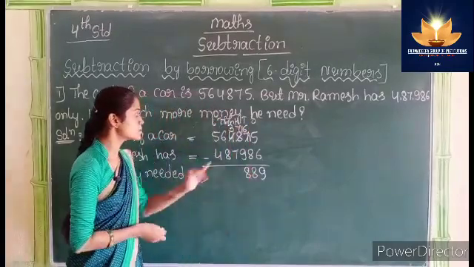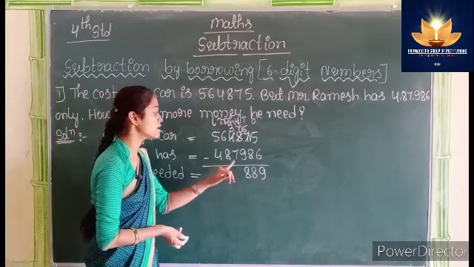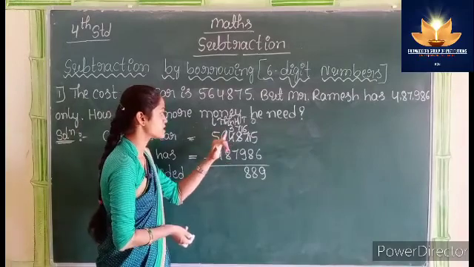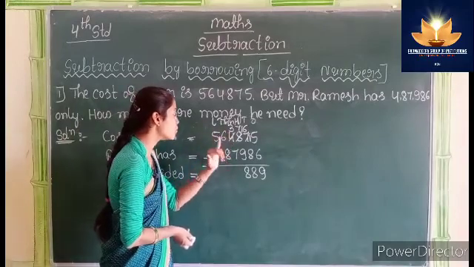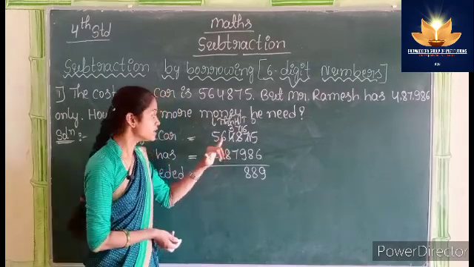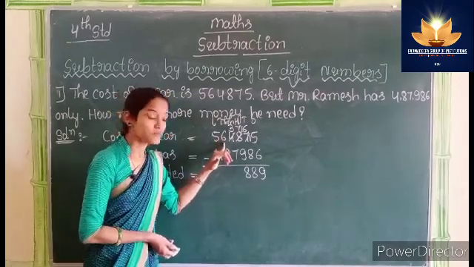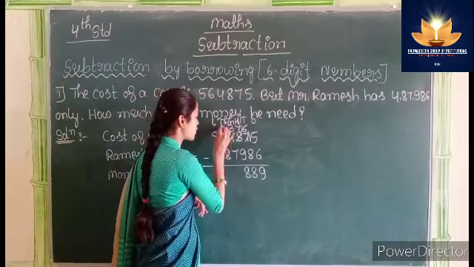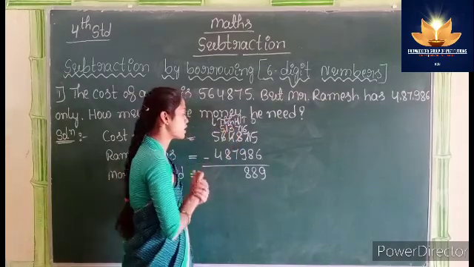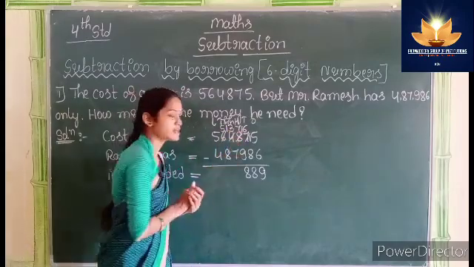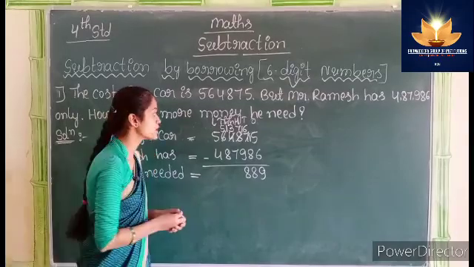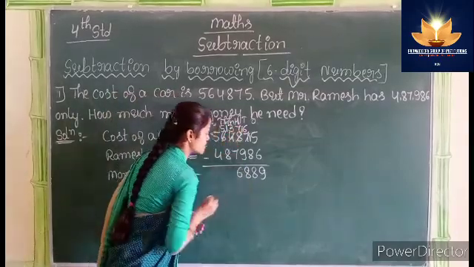Then thousands place subtraction, here 7 is a greater number, we cannot subtract 7 from this 3, that's why we have to borrow 1 10,000 from this 6 10,000, and here 6 10,000 become 5 10,000. In thousands place 3000s become 13,000s. 13 minus 7, that is 6, and that 6 should be written in thousands place.